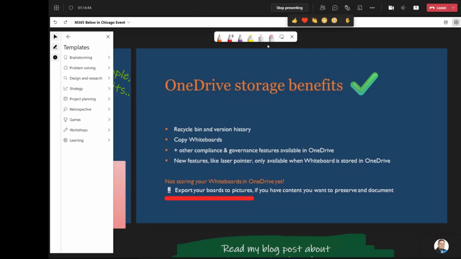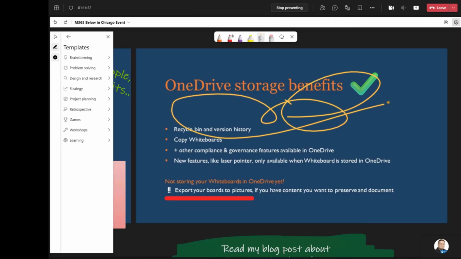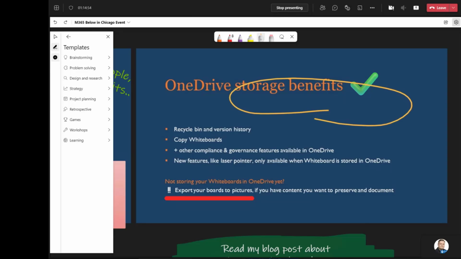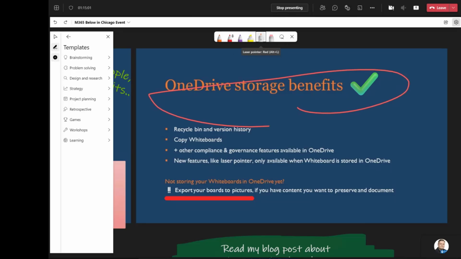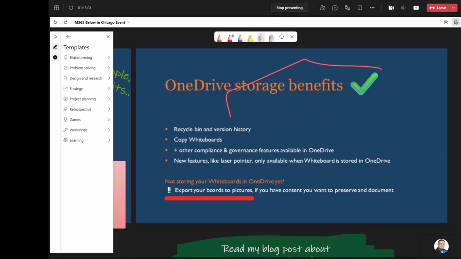And then you can start enforcing compliance and governance and security parts. And some of these new features, like this laser pointer here, I can change the color if I want and use it. This only works if it's on the OneDrive. So that's important. But one of the bad things about this laser pointer is that I can use it like this. This is a really good one in presentations. But if this whiteboard is being shared to someone else, they are not seeing the laser pointer. So it's still work in progress on that part. But what they are seeing